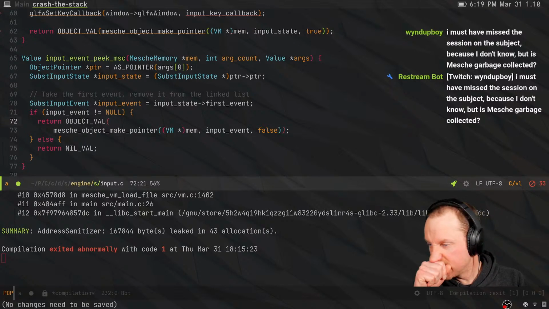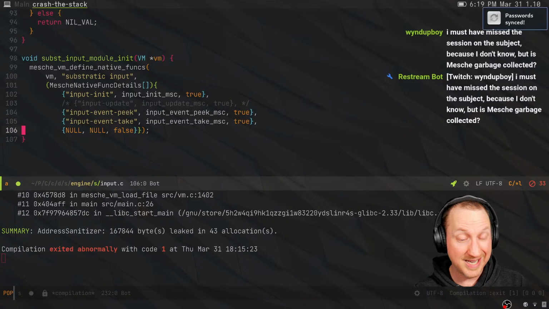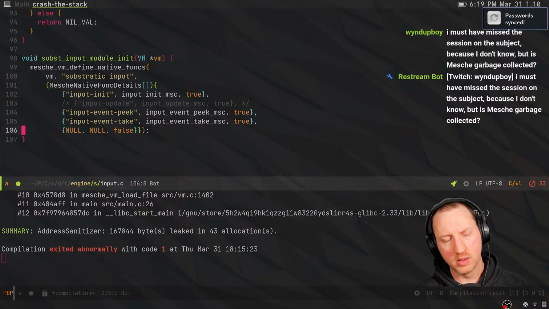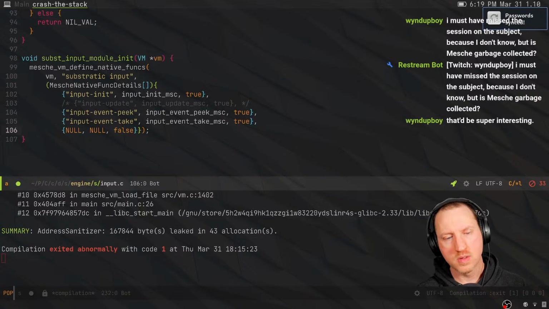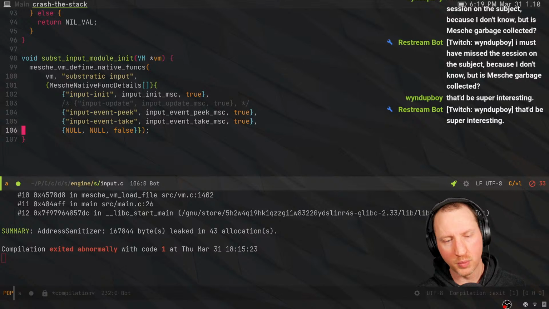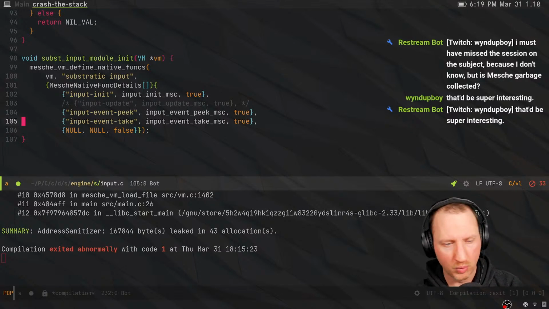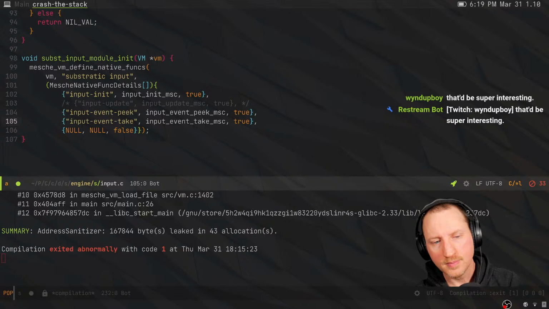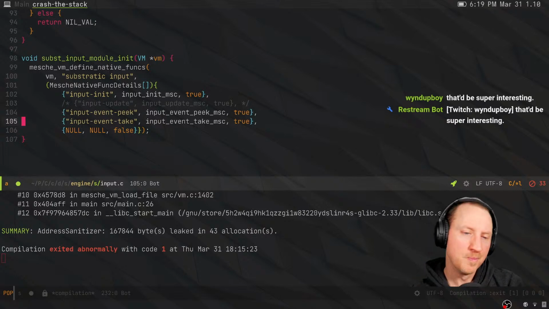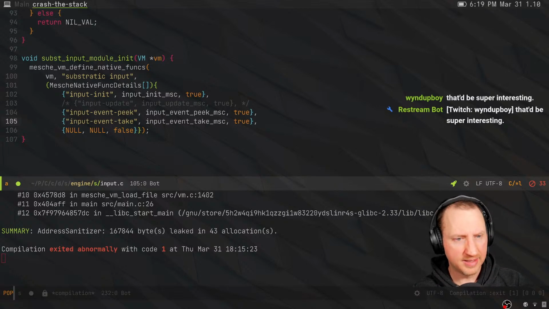Okay, so what we want to do in addition to fixing that GC thing we just did is we need to have functions that let you extract information about the key event or whatever type of input event it is. And this is kind of interesting because we have to generate some objects, I think. And the reason why I say that is that